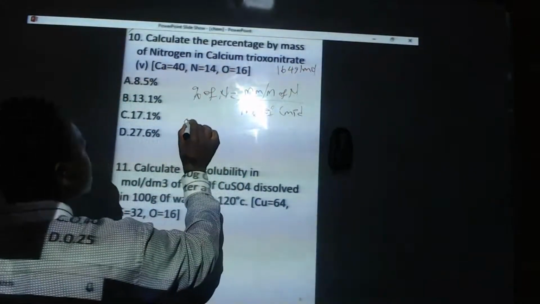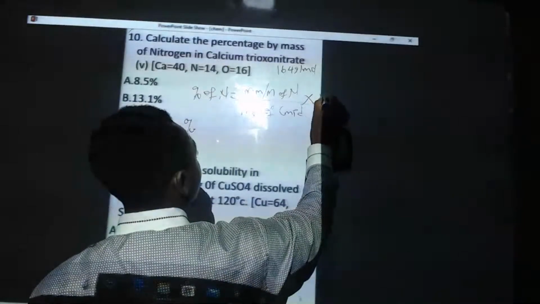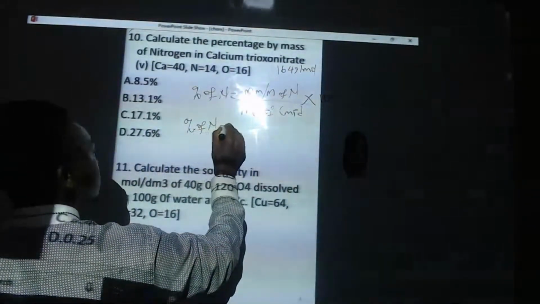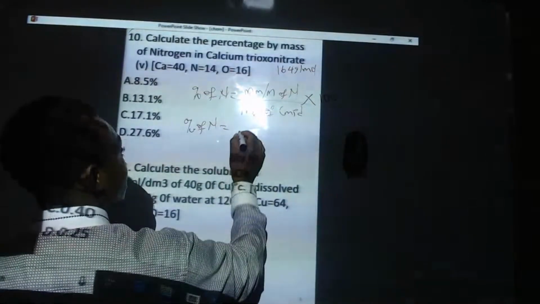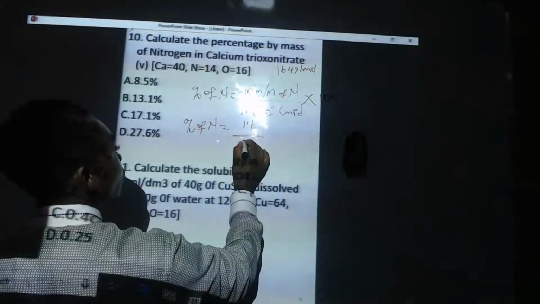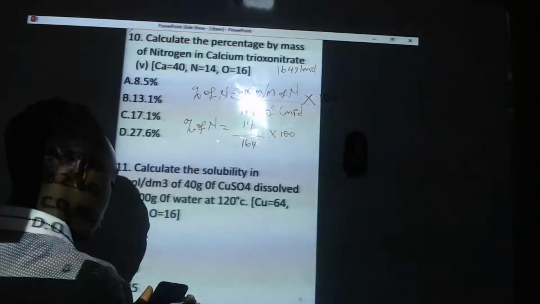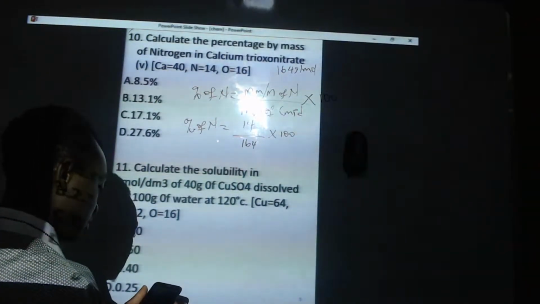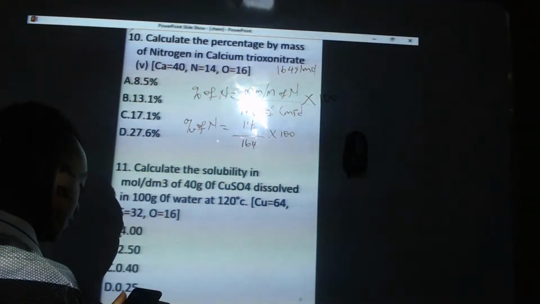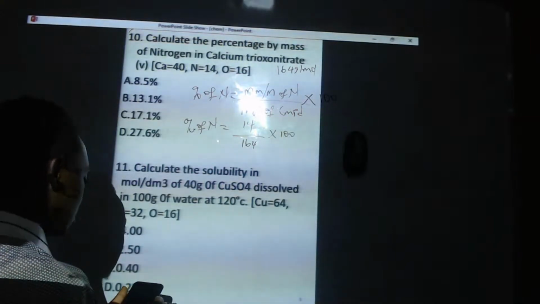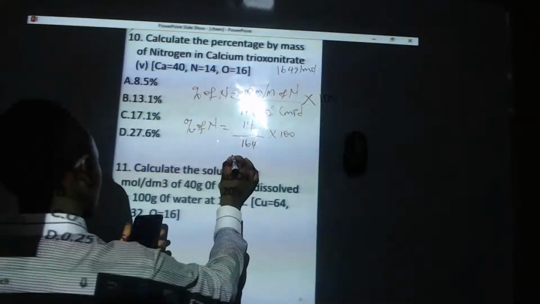So remember, times 100. When you are doing a percentage, everything is times 100. So the percentage of nitrogen is going to be 14 over 164 times 100. So once you do this, you're getting